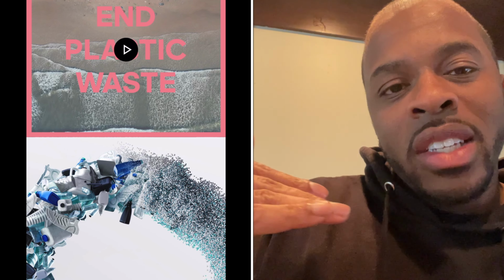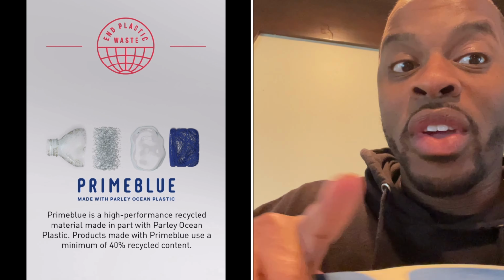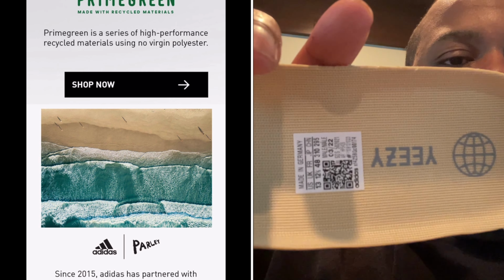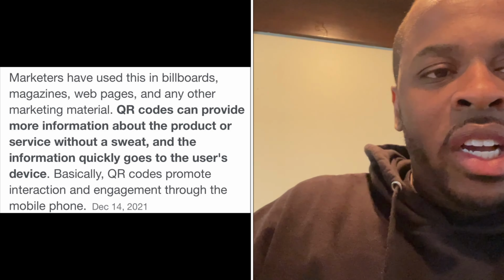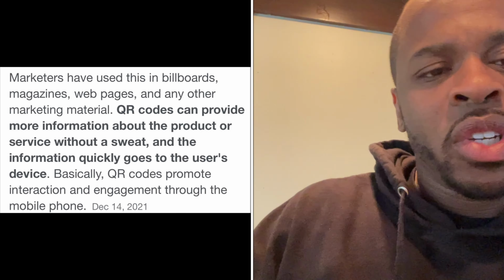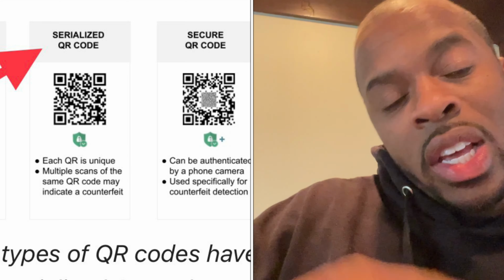Not only is it digitally marking the brand and tying it to a shoe so they can validate in their database whether the shoe is real or not, but it can also take you to hyperlinks that advertise or give additional information about the shoe, like that it was made with recycled materials. So look for more companies to integrate that in their QR codes. It's not just taking you to a link to the website, it's taking you to a link that has additional information, but it's also